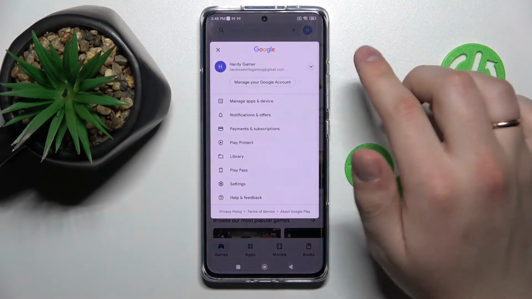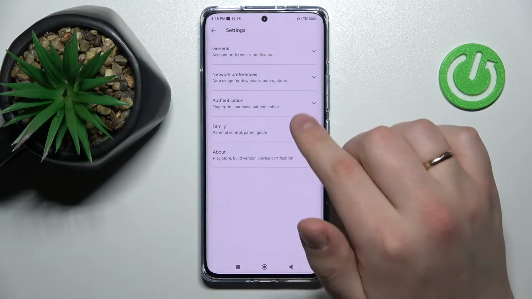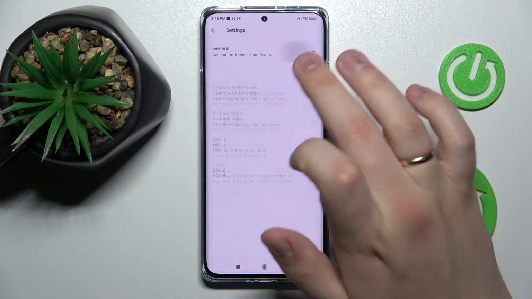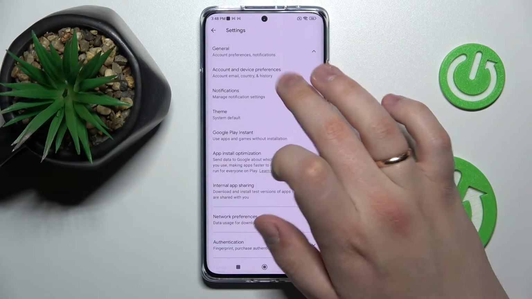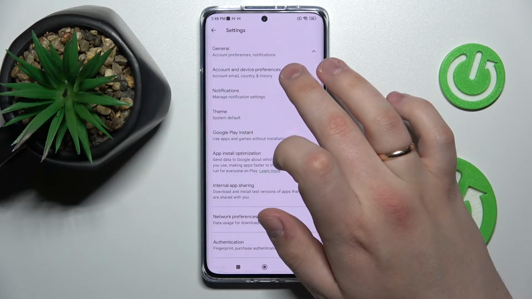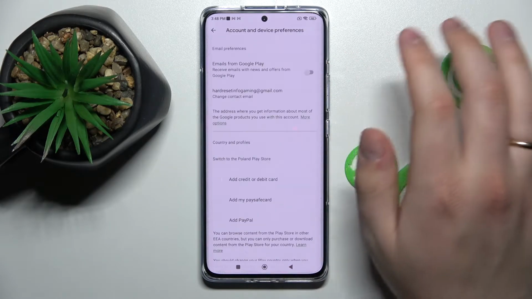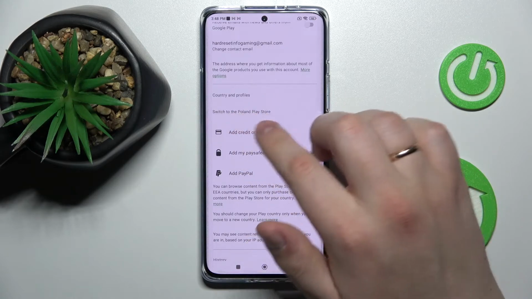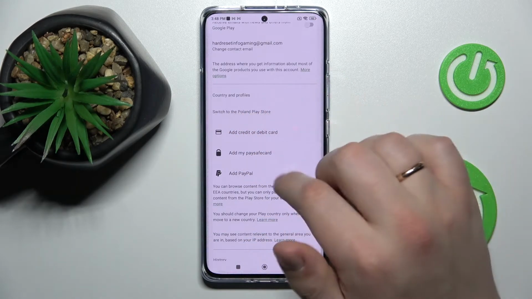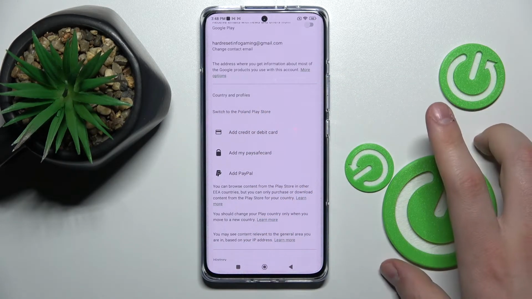Here tap on the icon of your profile, tap on settings, expand the general category, and here choose account and device preferences tab. And right here you'll see the country and profiles category, and in order to change the country